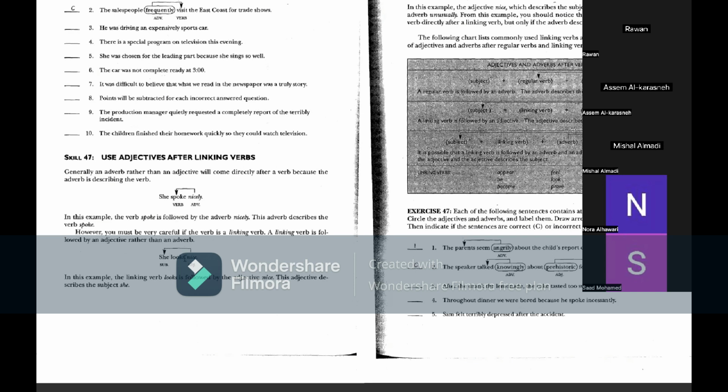So these verbs, guys, like looks, not just look, we have several here: look, appear, be, become, feel, prove, seem, smell, taste. All of these verbs are called linking verbs. Now, what about these verbs? When we have them in a sentence, they're not followed by an adverb. We would think that every verb is going to be followed by an adverb, like this: She spoke nicely. He ran quickly. He drank slowly. All right? But then when we have one of these,